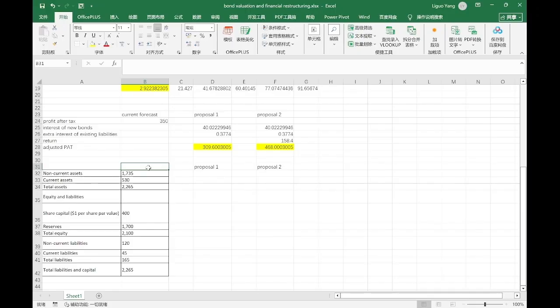So this is the current forecast. We will base all the calculations on the current forecast. For proposal 1, it's to buy back the shares with the new issuance of bond of 1,320 million. So